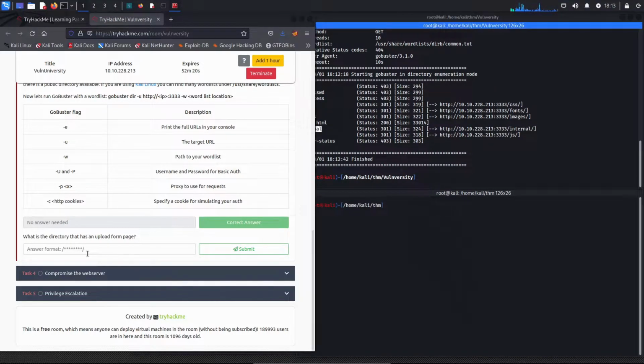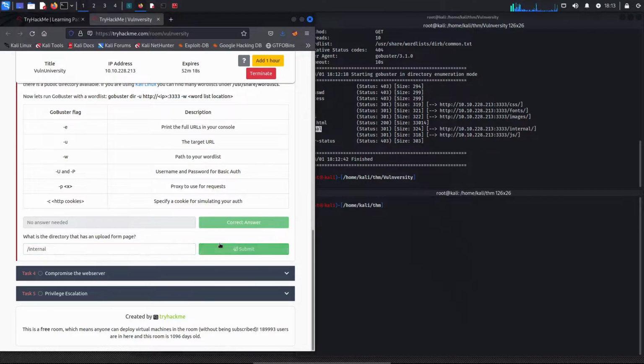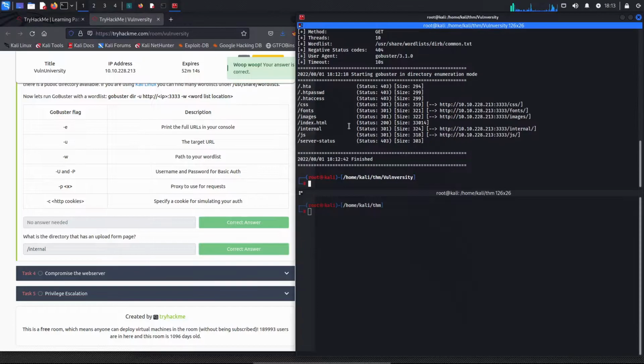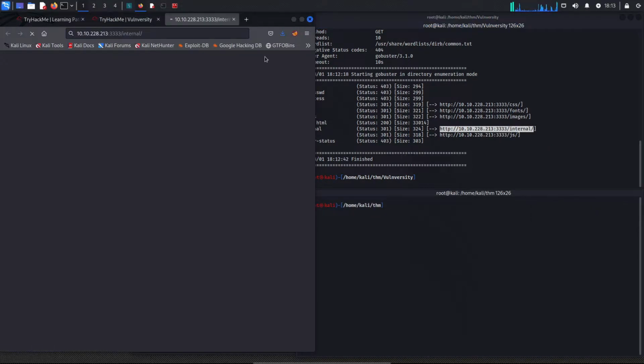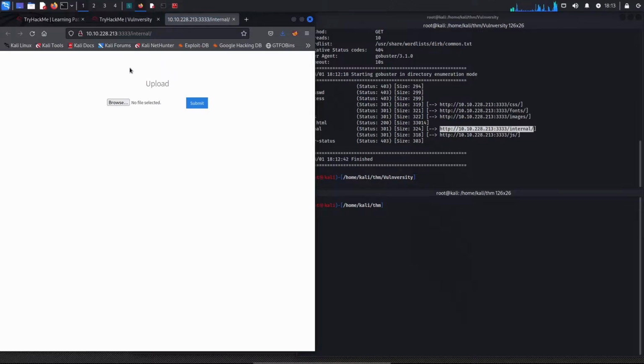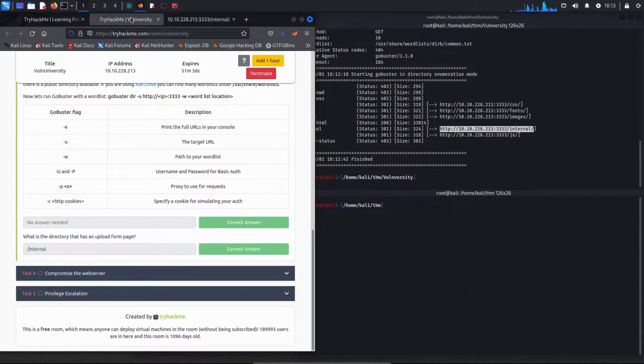So we're just going to copy these and paste, ensure it's the right one, and we can go to this directory. So let me just copy these and open directly, and we are able to find the hidden page that we can use to upload files to